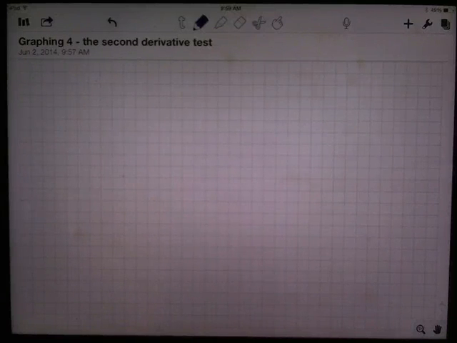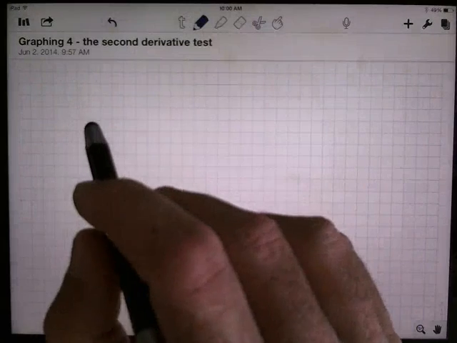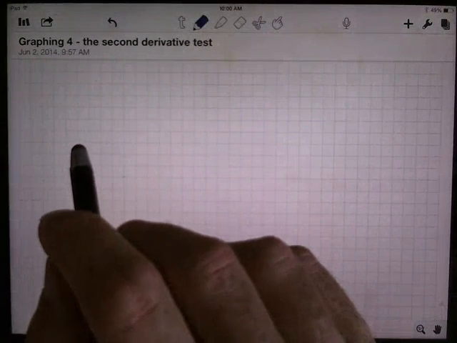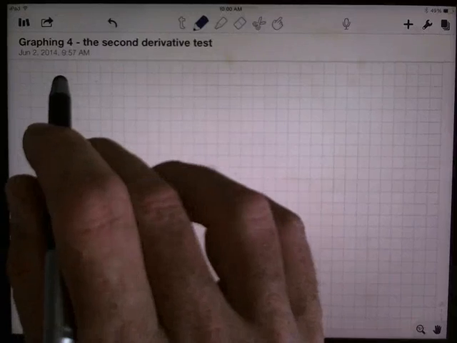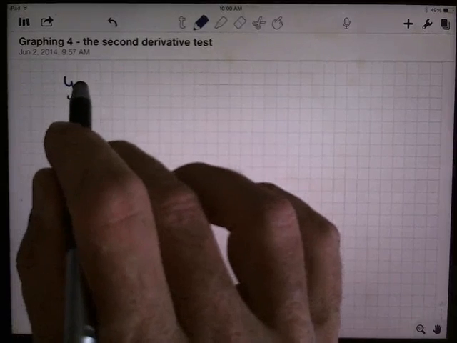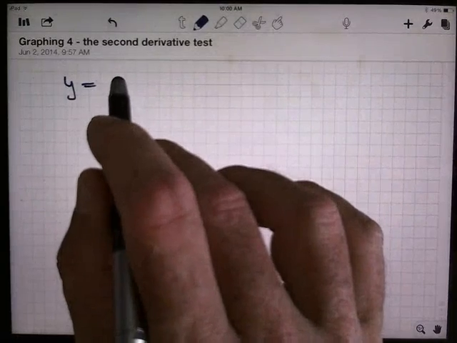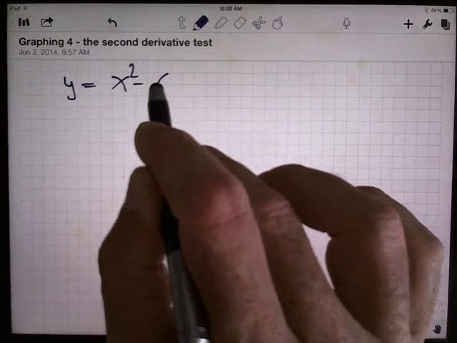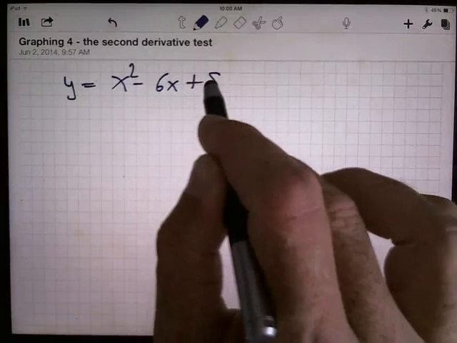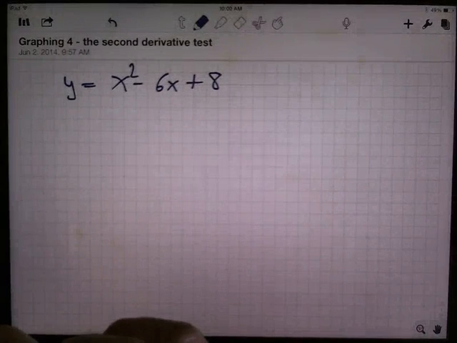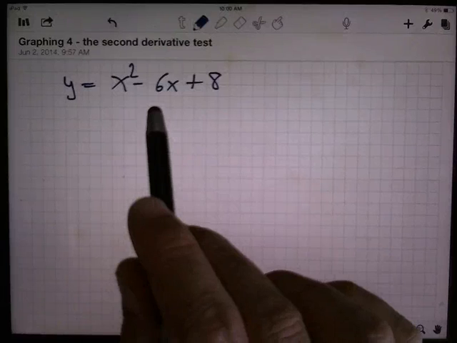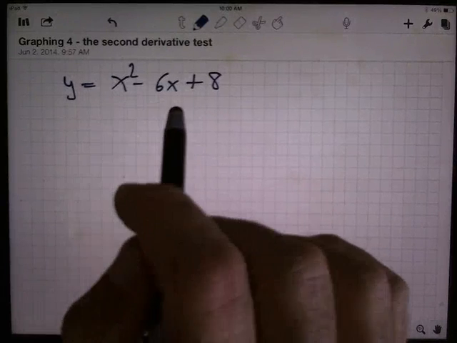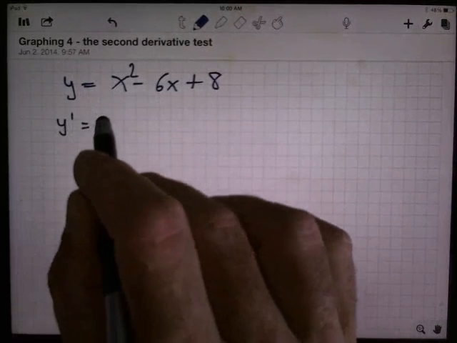I want to take a look at the second derivative, and one of the things it tells us about a graph is whether a critical point is a maximum or a minimum. So here's an example where I've got y equals, let's just do a quick parabola here, x squared minus 6x plus 8. If I want to know where's the critical point, where's the place where the tangent line is horizontal, I can look at the derivative